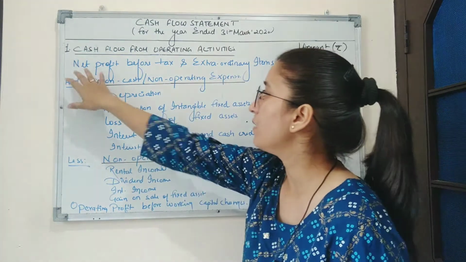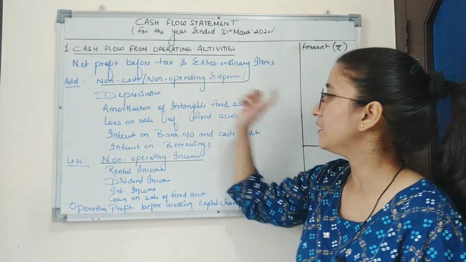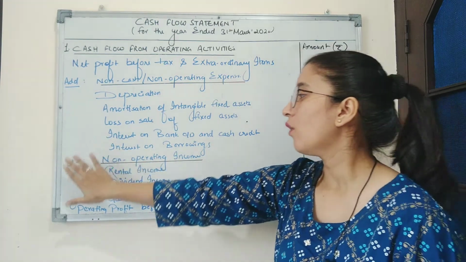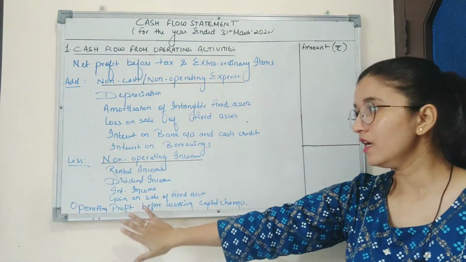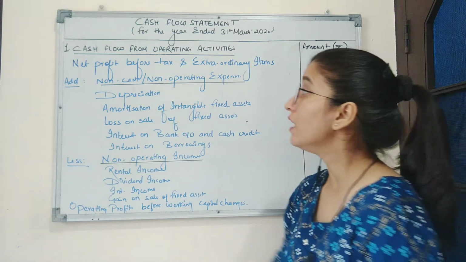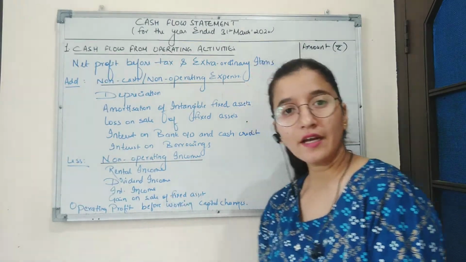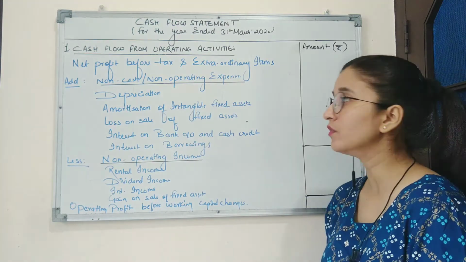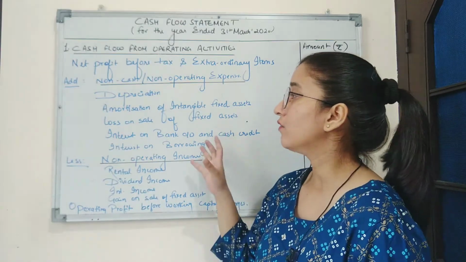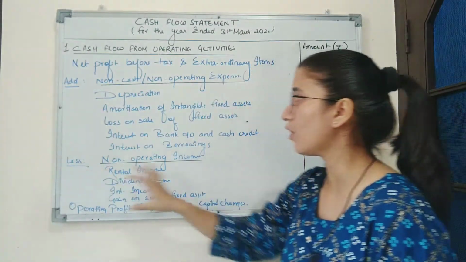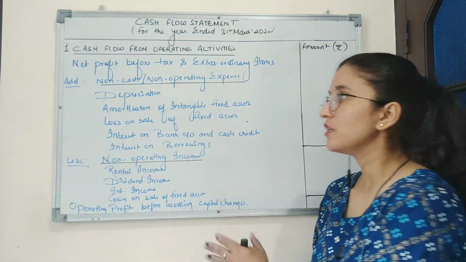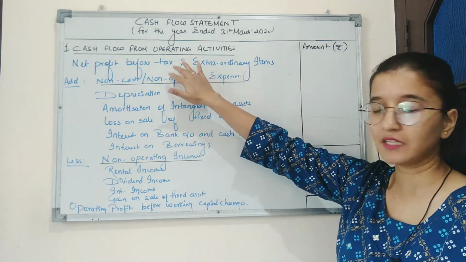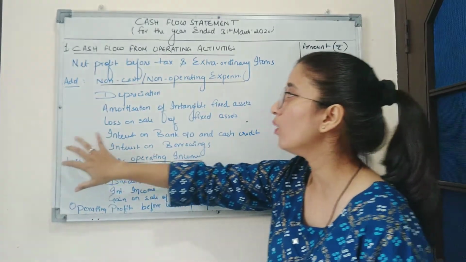Now, in net profit before tax and extraordinary items, all the non-operating expenses are added and all the non-operating incomes are subtracted. Now, why are non-operating expenses added? See, when we used to calculate the profit in trading and P&L account, we used to subtract all the non-operating expenses. So to nullify that effect, to find out the cash flow from operating activities, we will add all the